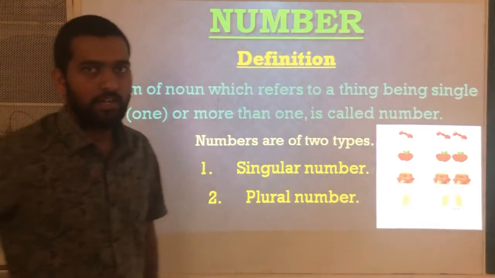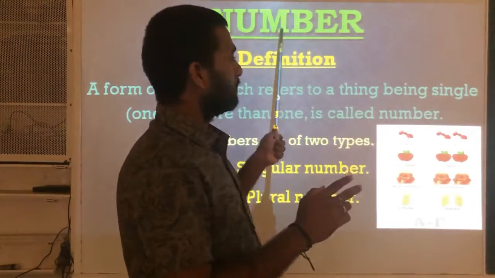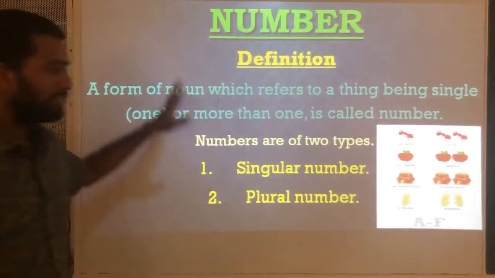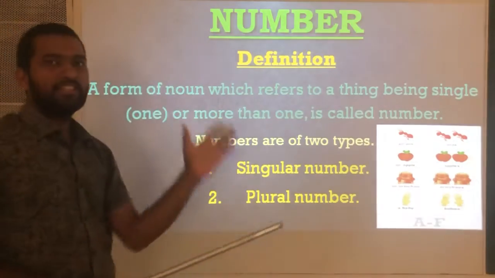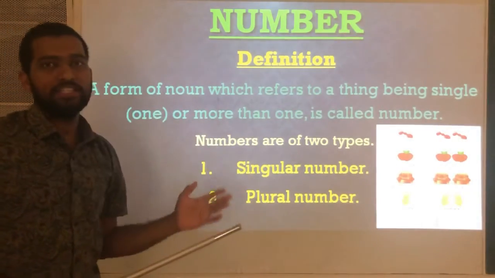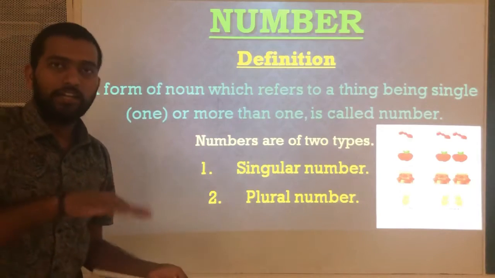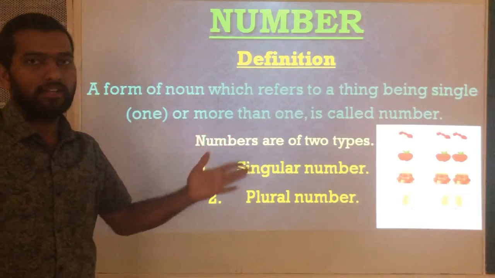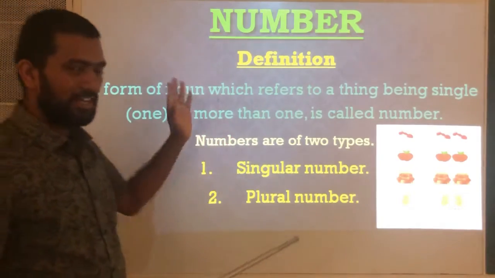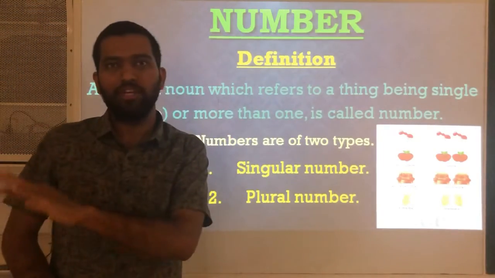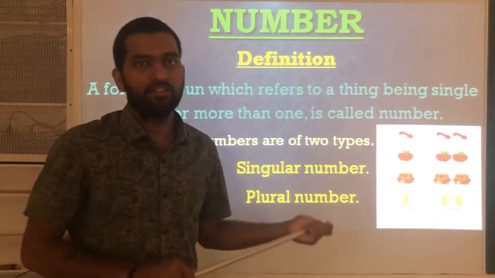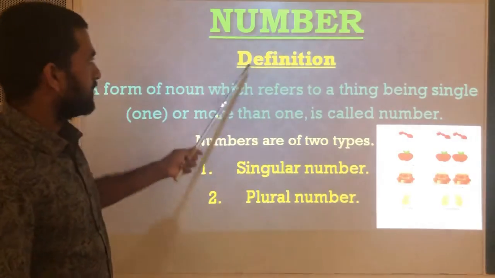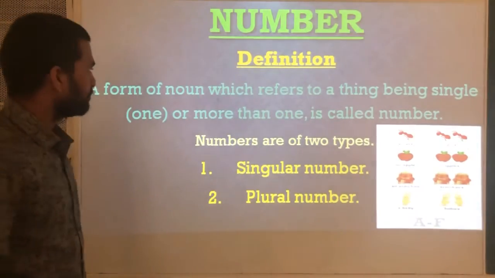What is number? Means, what is the relation of number to English? Let us say number means just converting. If the noun is given as singular, we have to convert it as plural. If the noun is given as plural, then we'll convert it as singular. Converting singulars into plurals and plurals into singulars is called numbering. Okay? See, the definition is given here.